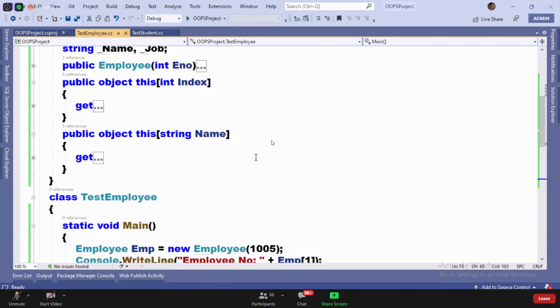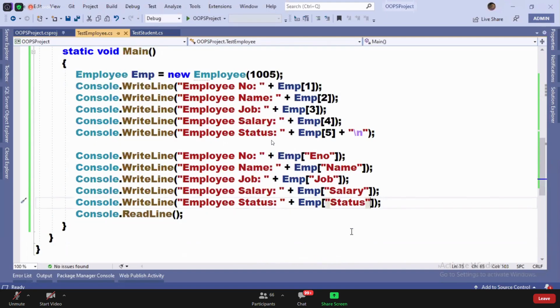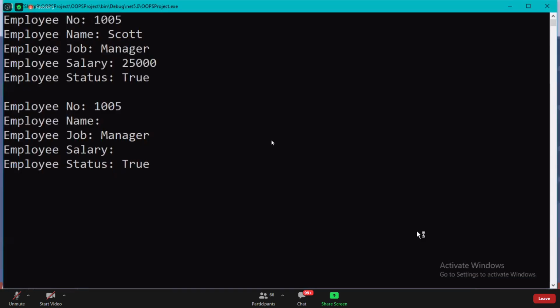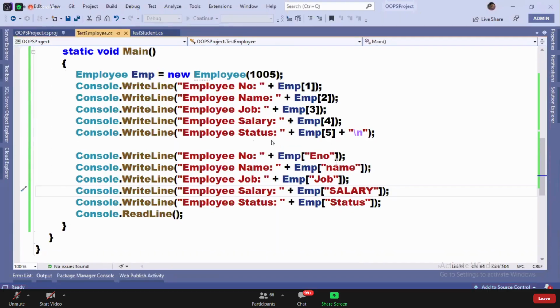Conditional checks are case sensitive. Because conditional checks are case sensitive, tomorrow, by mistake, if I give a wrong value like this, I won't get the output. Name and salary are not fetching.